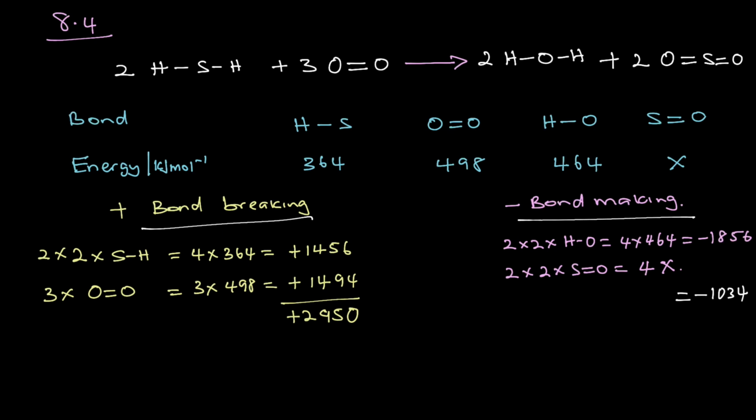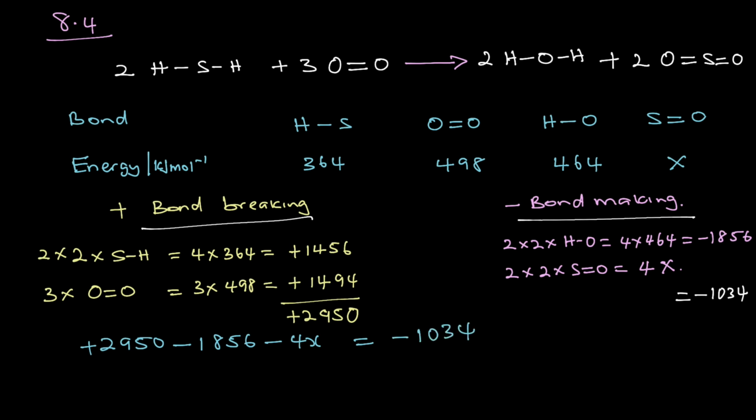So what we're going to do now is add these, which is the sum of that plus that is this. We're going to add that to this one, and then that'll be equal to that. And so we're going to add that too. So the final value will be 2950, that's plus, then minus 1856 minus 4x equal to minus